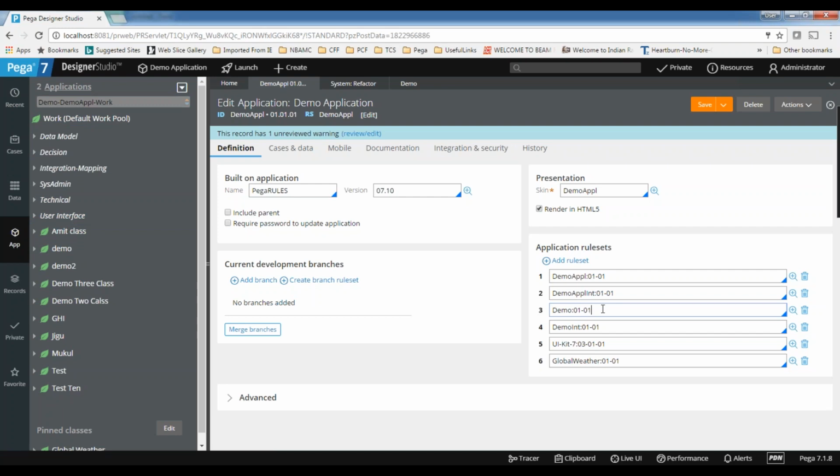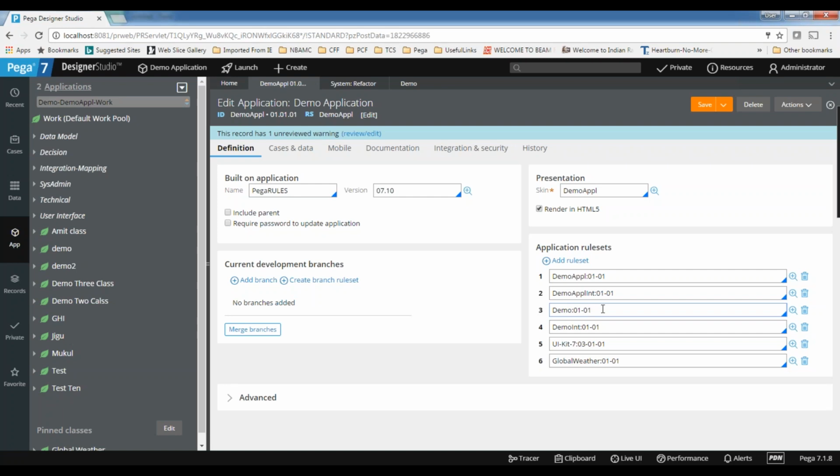If I am creating 10 applications and want to use the same rules in all 10, instead of creating those rules in each application, I can create them in the organization rule set so that each application can reuse them. If any rule is applicable to the entire organization, you can store it in the organization rule set.